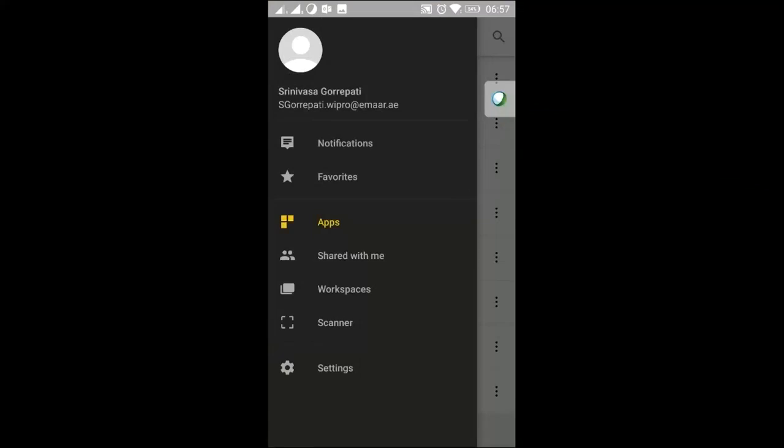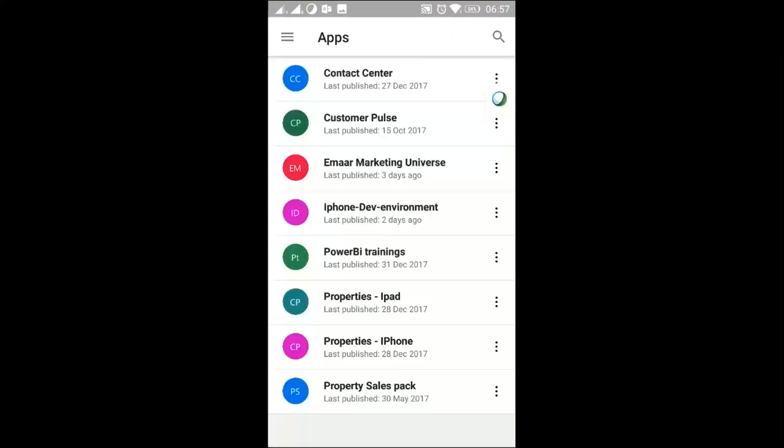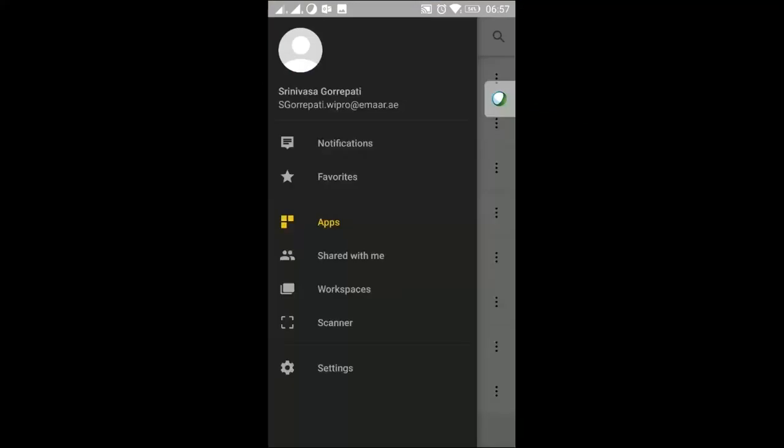Whatever apps you loaded in your account, you can see from here. These are the apps that I published and loaded in my account as part of my testing purposes. So all these apps are getting displayed, and you know what an app is. I already told you, for one workspace you can create only one app. If you want to search for something, you can search from here, from the number of apps that you have. And then after app, on an app level,